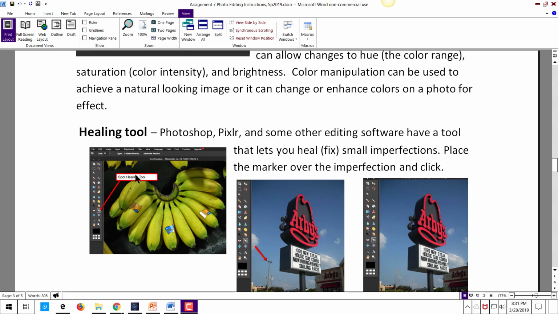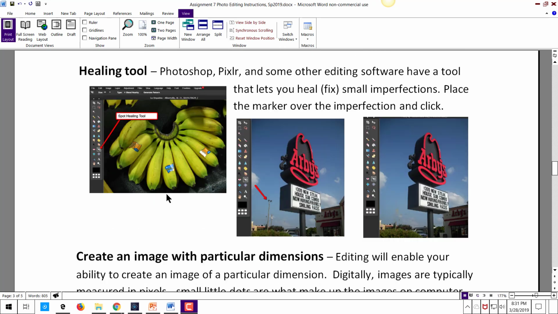Well, using the healing tool, and you can find it in Pixlr over here on the left, it looks like a band-aid. And you can see over here where I've got this original photograph here, I'm going to use the healing tool, and it'll make like a circle. And what you do is you drag that circle